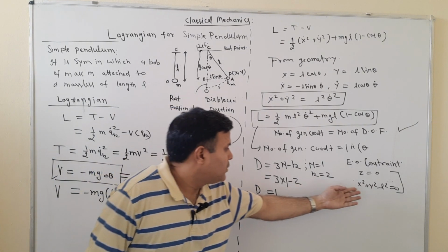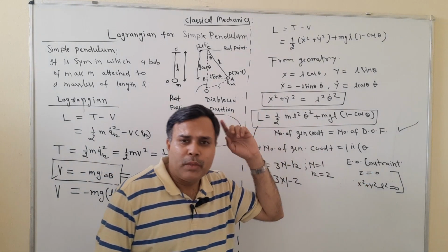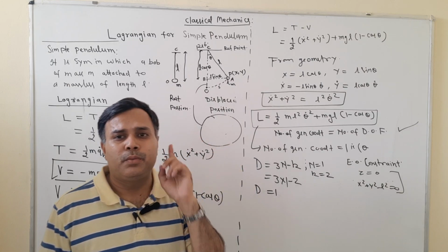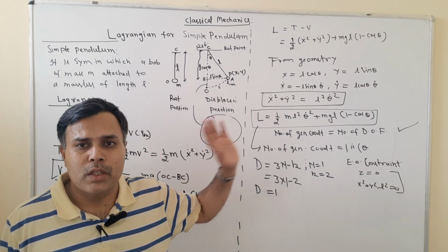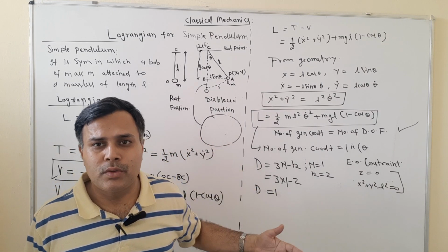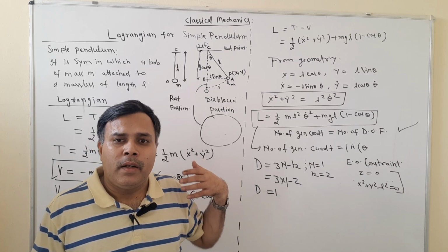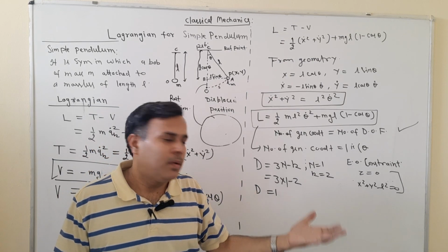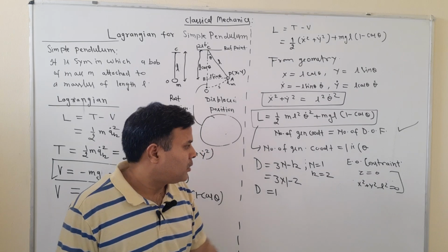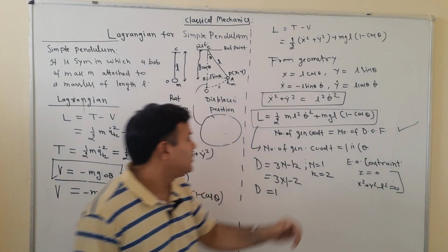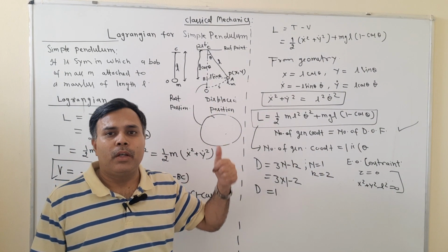There is no relevance of that constraint force, because the constraint force never plays a role in the equation of motion, in the trajectory of motion, or in studying the mechanics of any physical system. So because of these two constraints, we have only one independent way through which our